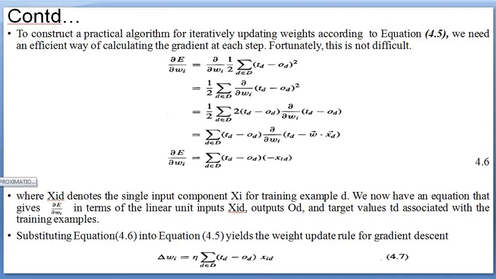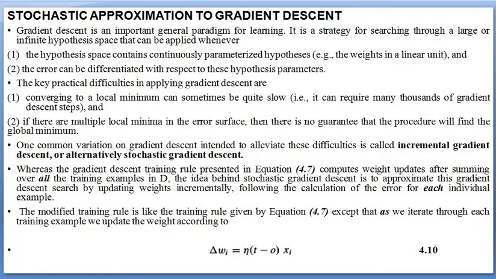So if you consider this 4.7 with another equation that we will come to in the gradient descent, that is, change in weight is equal to learning rate, that is eta, times target minus the output that we have achieved, times xi. Okay, so this is the change that we have made from equation 4.7 to this. We are calling it equation 4.10.